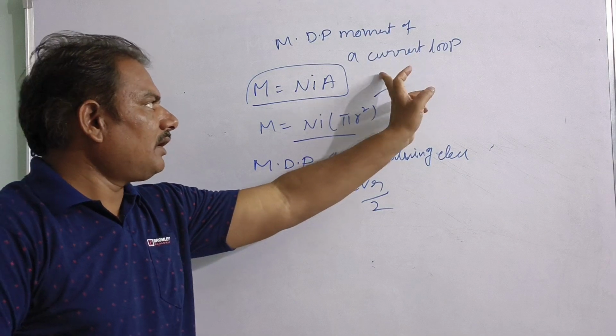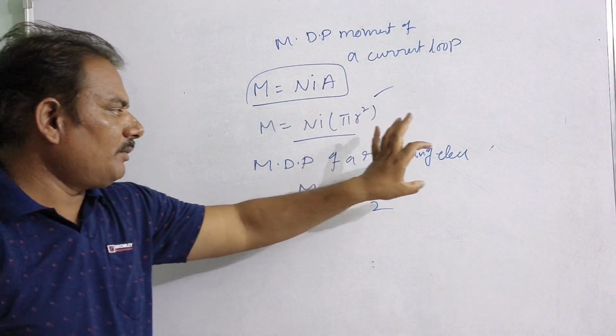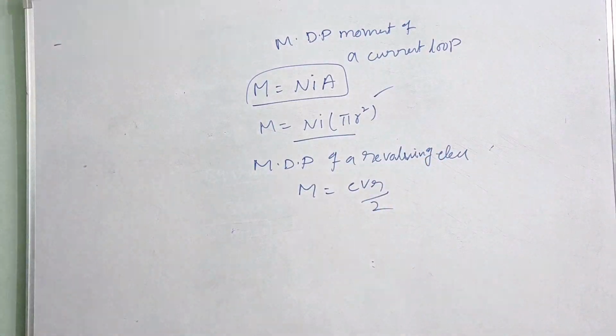Magnetic dipole moment of a current loop, M equal to NIA. Magnetic dipole moment of a revolving electron, that is M equal to